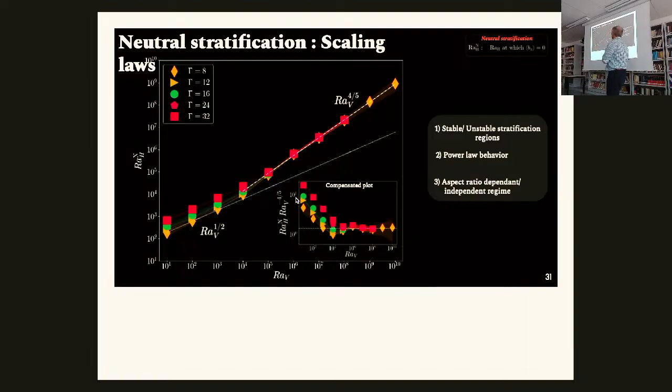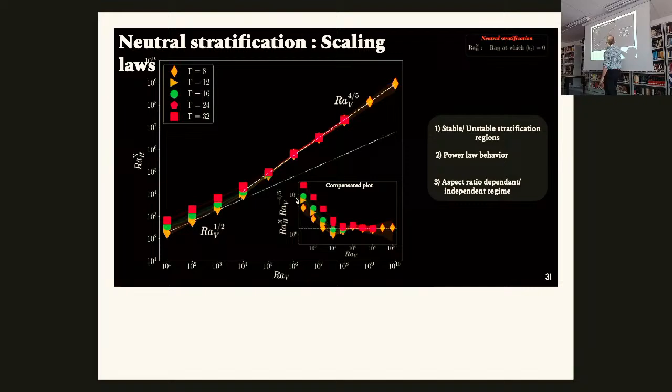And if this is 0 and I'm over here, I've got horizontal convection, I drive flow, I expect to get stable stratification. And what Florian found is a very nice set of scaling laws that separate this Rayleigh-Bénard type regime from this horizontal convection type regime. There's a transition from a Rayleigh 1/2 regime here, which is fairly well documented, to a Rayleigh 4/5 regime, which is not obvious when you first start this. The different color symbols are different aspect ratios. So you see it's independent of the aspect ratio effectively. Maybe there's a slight rescaling of the curves, but the scaling law seems to be independent of it.